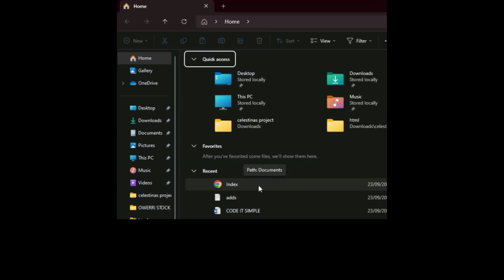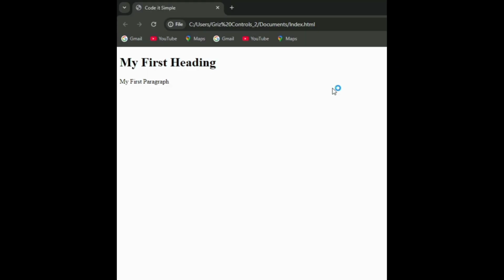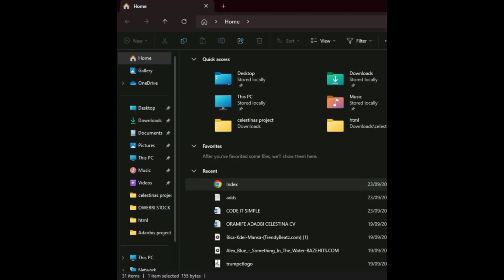Now let's view the document that we've typed so far. When we've saved the index, you double click on it or right click to open it. This is how what we have written so far appears on our browser. At the top, you can see the title we saved, Code is Simple, on the top of the browser. My first heading, you can see how bold it looks. The paragraph is not as pronounced as my first heading. So that's how you can see. Let's go back to